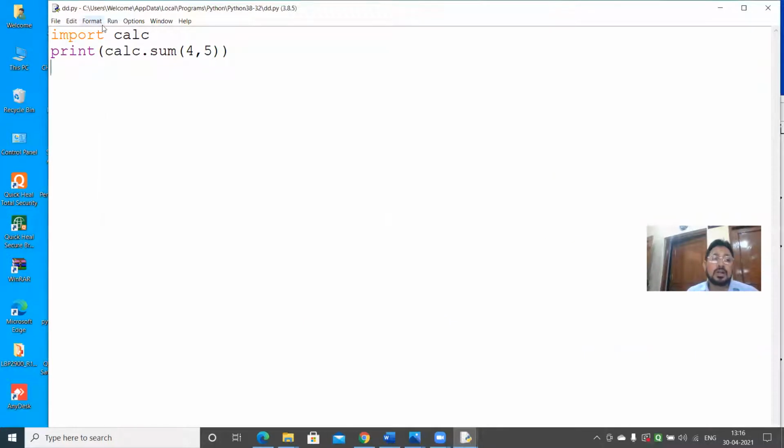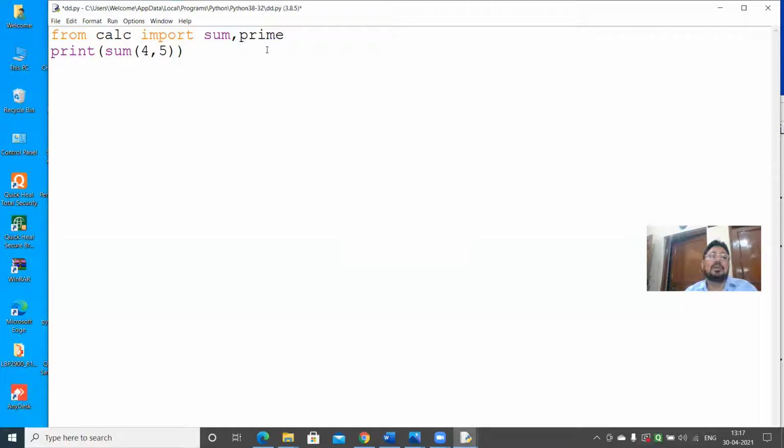But once you are calling not the entire module, rather you are calling from calc import sum, then this will give you an error, and that time you have to use only sum. Now you can call one more object, such as prime.